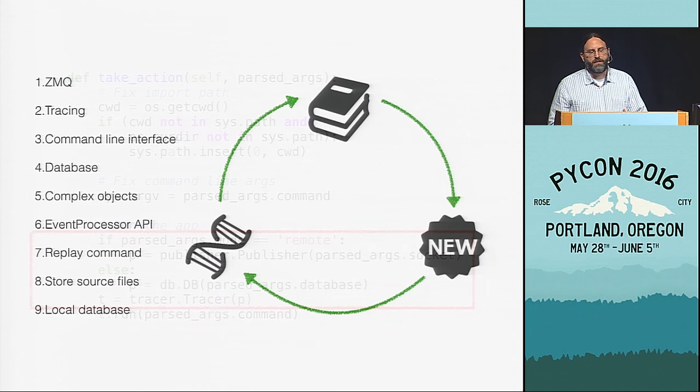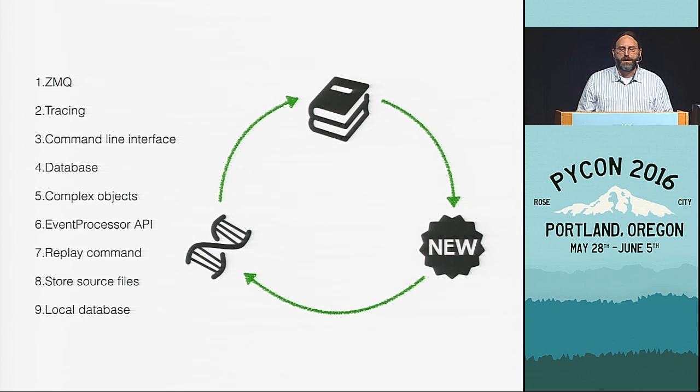So now I had something that was usable for very simple Python programs, and the iterative pattern of what I was doing should be really clear. I would learn something new, I would build a feature using it, and then I would evolve that feature, either enhancing it or fixing the inevitable bugs, and then I would start on the next feature. And so far, I've talked about 9 different iterations of that, starting with ZeroMQ and SQLite, moving through the various smaller usability enhancements.